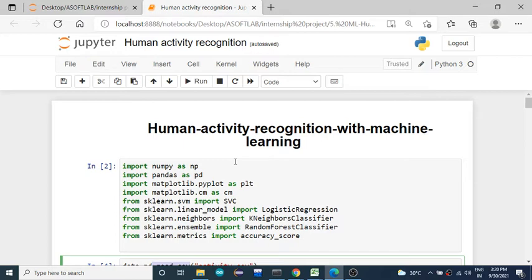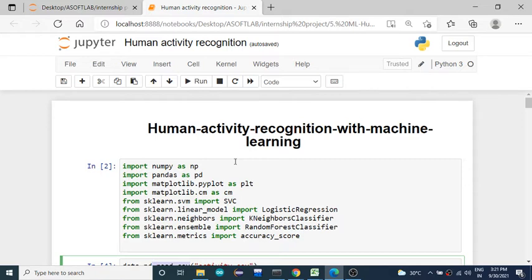The fourth step is exploratory data analysis. That means you need to find out how many features you have considered or collected, what is the input independent variable, what is the dependent variable, and what's the relationship among the features in your data set, and how the independent features are affecting the dependent features, how a dependent feature is depending on or affected by the changes in the independent features, and how many samples you have, how many features you have, what's the data type of each and every feature, and is there any missing data, is there any categorical data.